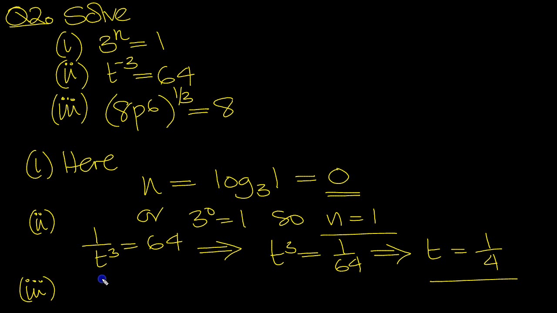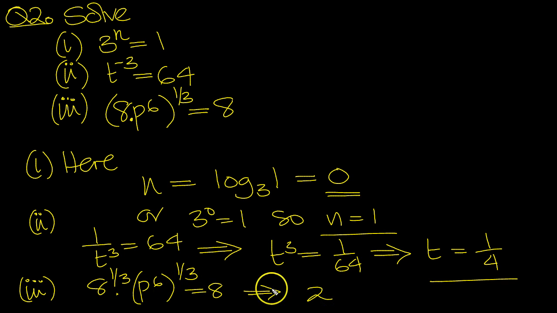Next one, we use the power rule, so it will be 8 to the third times p to the 6 to the third equals 8. So we take these constituent parts: 8 to the third times p to the 6 to the third. Properties of indices, this is 2 times, that's p squared,